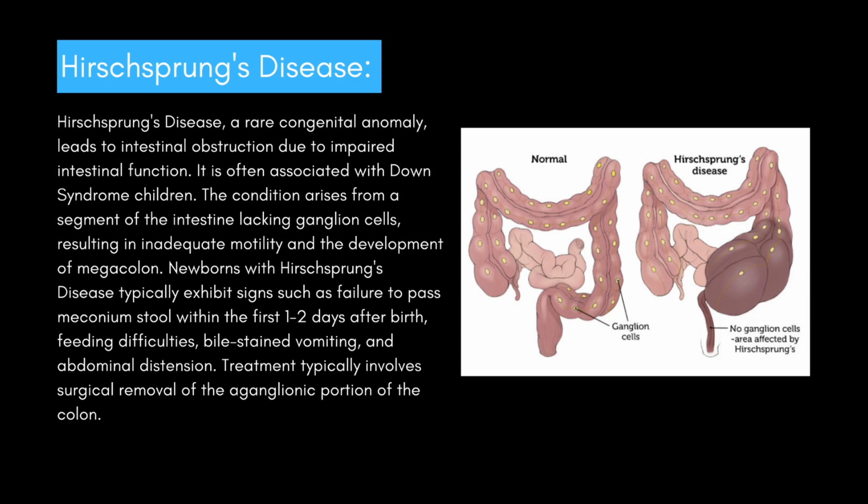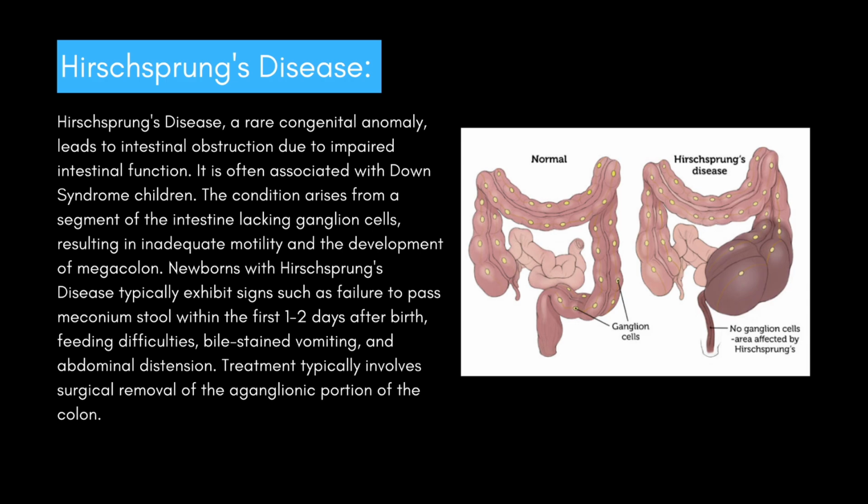Hirschsprung's disease. Hirschsprung's disease is a rare congenital anomaly which leads to intestinal obstruction due to impaired intestinal function. It is often associated with Down syndrome children. The condition arises from a segment of the intestine lacking ganglion cells, resulting in inadequate motility and the development of